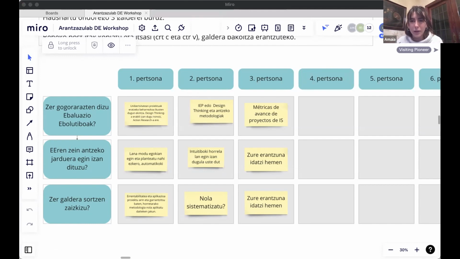Regarding developmental evaluation, for us it was very necessary because when we are creating a result, we are not only interested in seeing the result itself, but the process, so that we can see which strengths it has, we can see the weaknesses it has, and